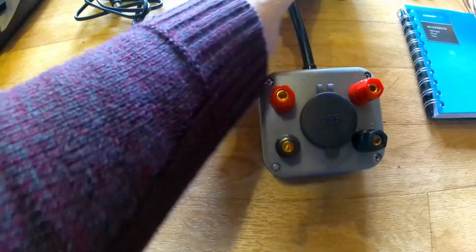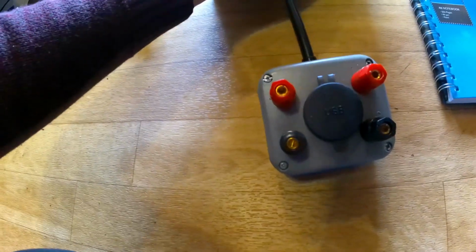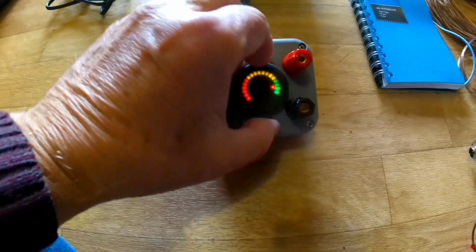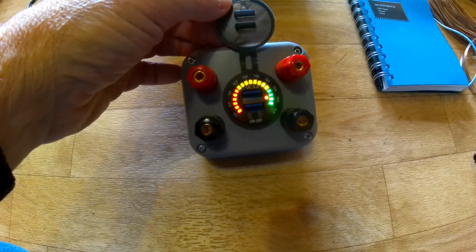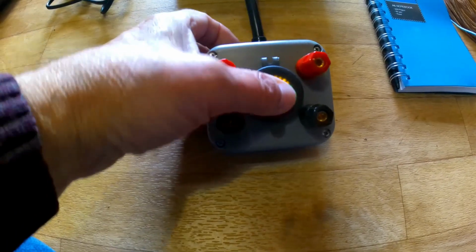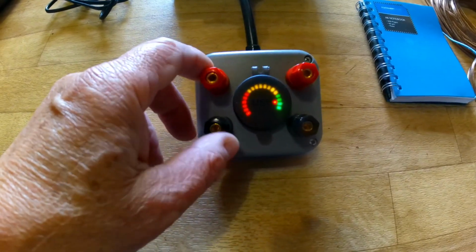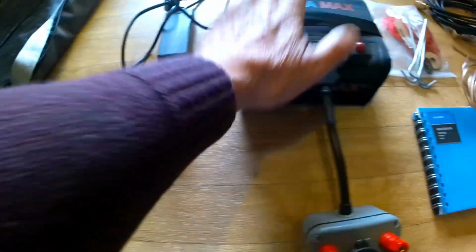All I do is I push that in there. I don't know what I can do single-handed. There we go. I've plugged it in there, and that's the battery indicator running now, and that's in voltage, and that's sort of semi-waterproof. And then I've got the charger for this,